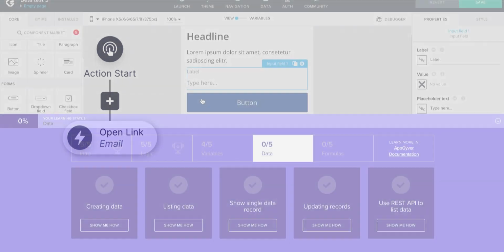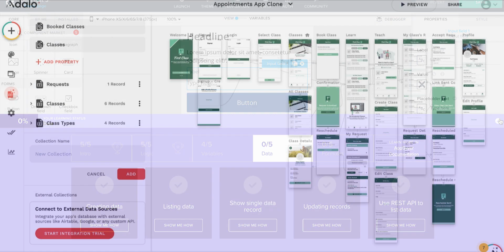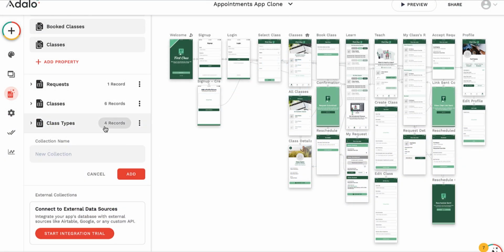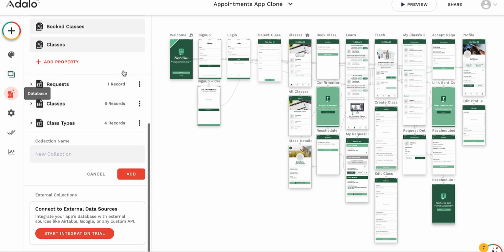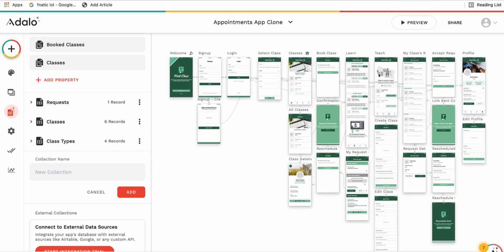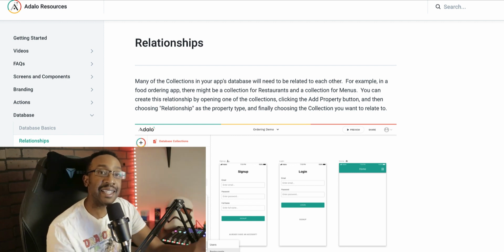AppGyver does allow you to do something very similar, but keep in mind, you're going to be starting from scratch. You're going to be needing to watch the videos to begin. It will take about 3 to 5 minutes to watch the videos, test it out, and then go from there. If we go to something like Adalo, where they already have the database set up for you, especially if you use one of their templates, they already have all of those things set. Same thing as Glide. What I would say is if you look at the Adalo resources and how they explain relationships, those are really good examples how you can create the database that you want for your project, for your platform. And that leads us into number 3.